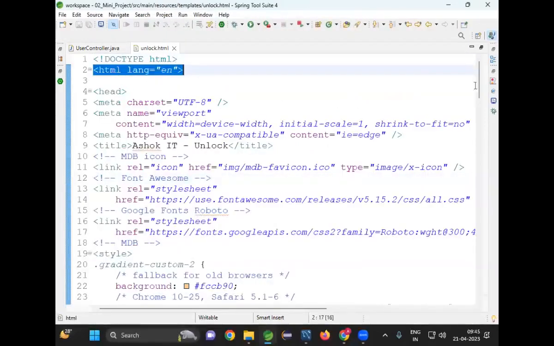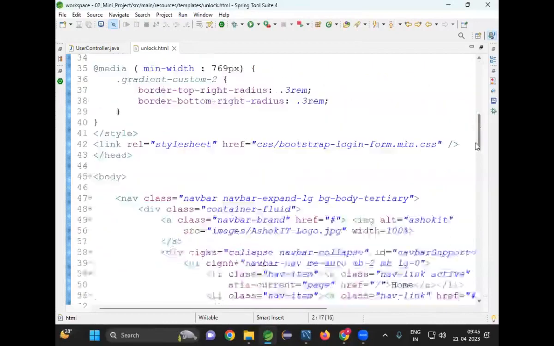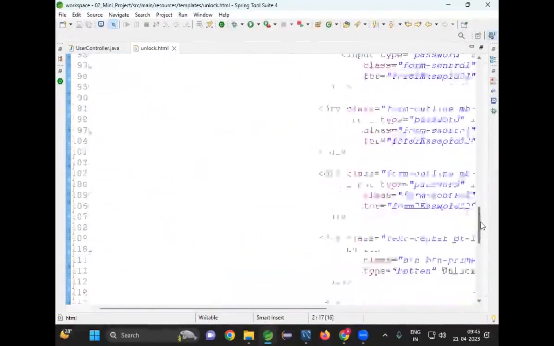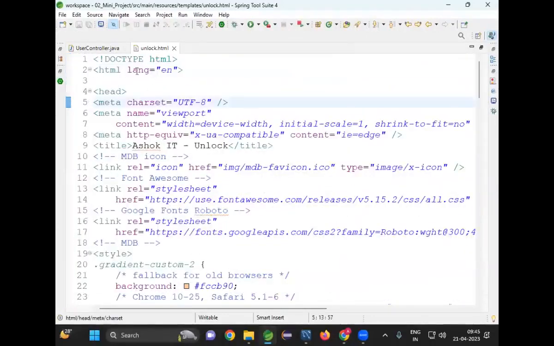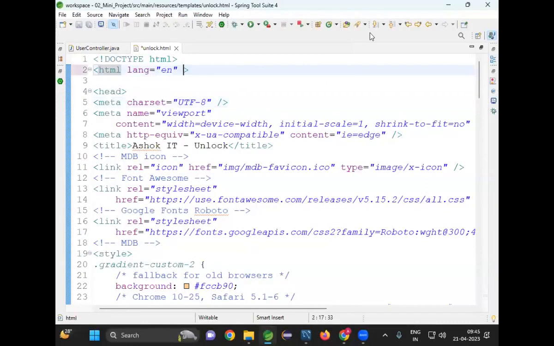Unlock account is a normal HTML page. Now I want to map it as a Thymeleaf page. How to make it a Thymeleaf page? xmlns:th is equal to